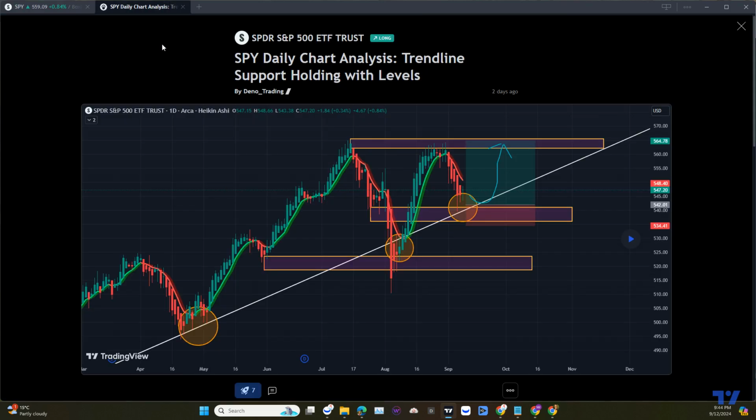I want to start from my analysis, which I did 2 days ago or a few days ago. If you can see at the top of the screen here, it says 2 days ago. And in this analysis, we pointed out that, unfortunately I cannot zoom the screen, we would have a reversal at this point simply because we hit this zone here,